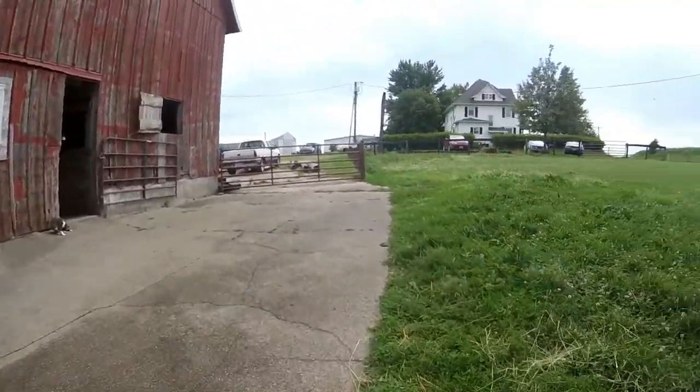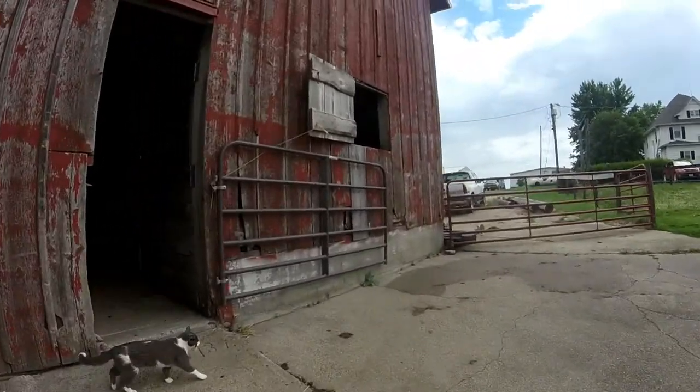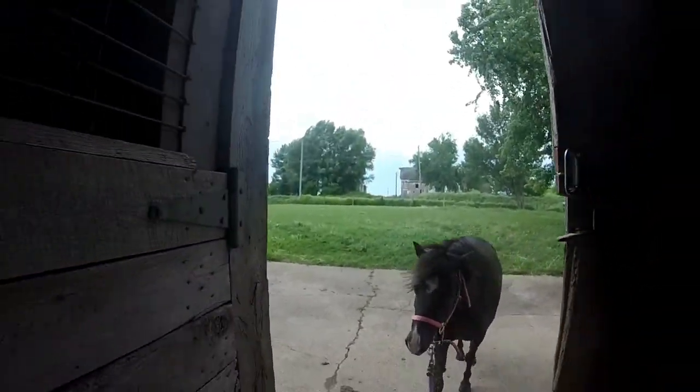So once I take her in the barn, she doesn't want to go in the barn, so she again rips back on the lead rope, and I yank down on her once again. You can see there. Then she realizes when she yanks back, that doesn't work. That's not an answer. That she can just rip back and say, no, I'm not doing this. If she does that, I yank down on her, we do it again, and we're going to do it until